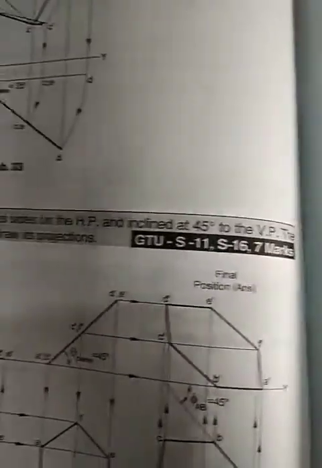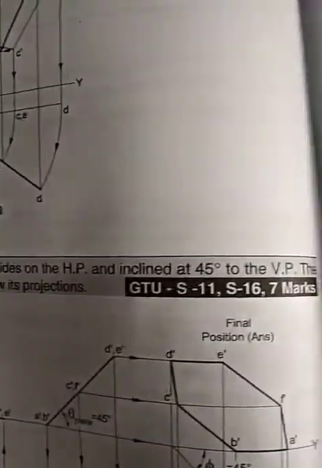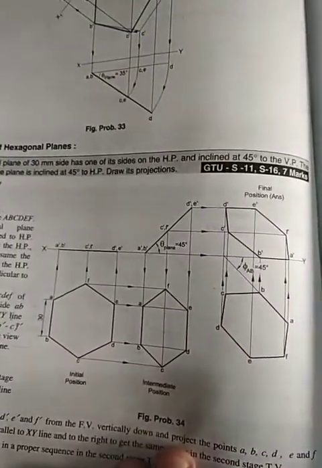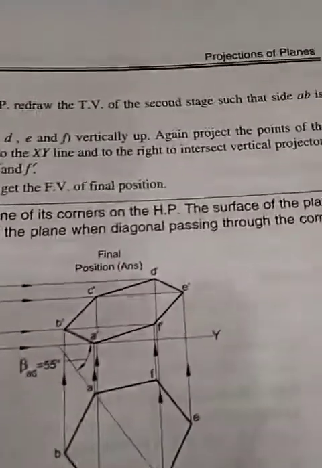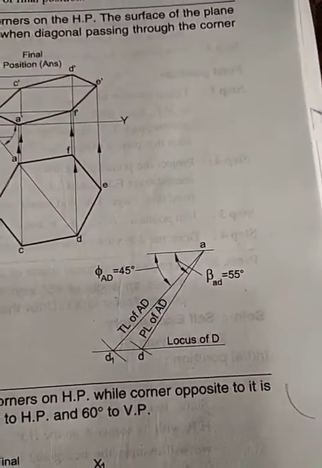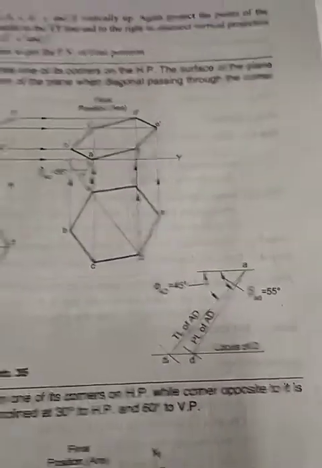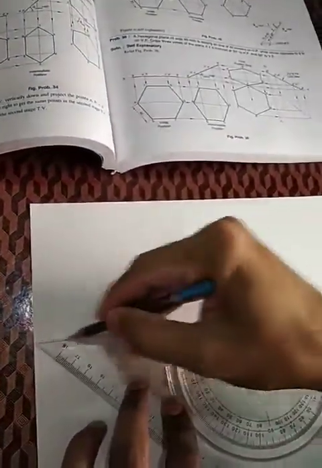As I already told you in previous examples, we have solved the sum when the surface of the plane is making an angle. So we have to solve this problem by that surface only, and we take that amount of angle only. But in this particular case, when the diagonal is making an angle, we have to find the new angle, and from that new angle we are going to solve that particular problem, right? So this is how we are going to solve it. You have to draw first the XY line. Right? So this will be your XY line.